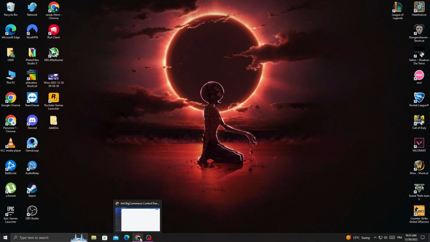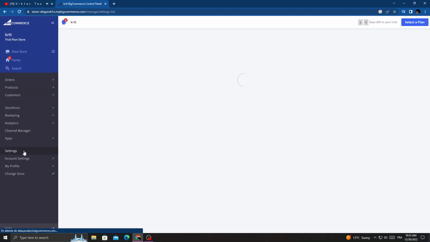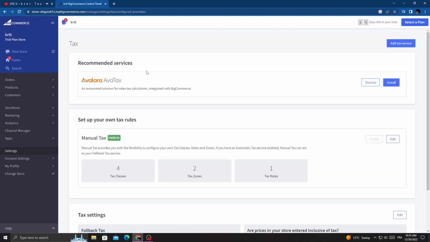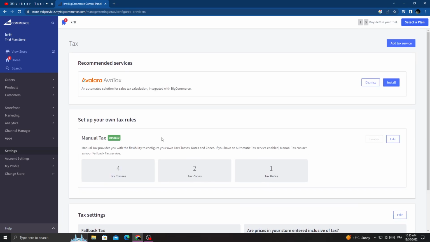First open your browser, and once you're here, click Settings and then click Tax. As you see here, you will find tax settings. Now all you need to do is go to this one here, set up your own tax rules, and then